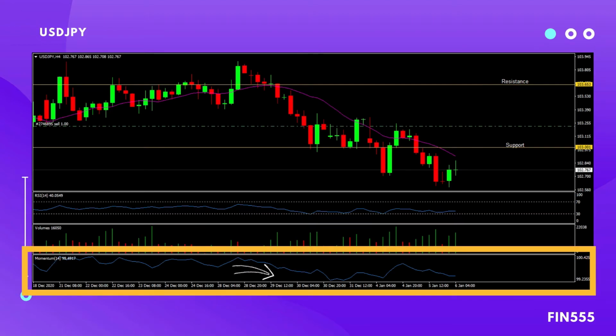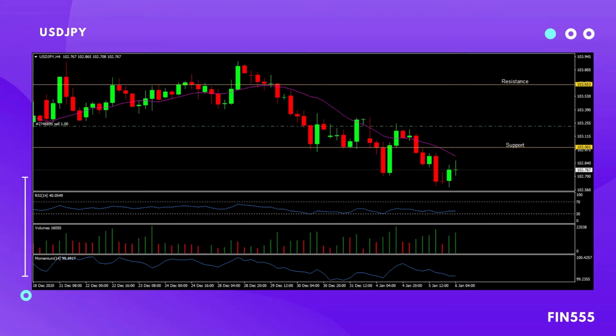USD JPY shows a losing momentum starting on 28th December, with the momentum line sloping down towards below the 100% line. After analyzing the primary and secondary indicators, we predicted the bearish trend reversal on 28th December 2020. After confirming along the New Year holiday, on the opening of the market on Monday, 4th January 2021, we took our sell position to join the force of the bearish market.